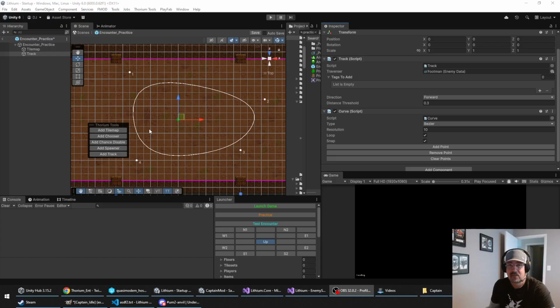Cutscenes are typically just scripted with markers also. So we'll put some markers in the scene. Let me give you an example. I was just working on